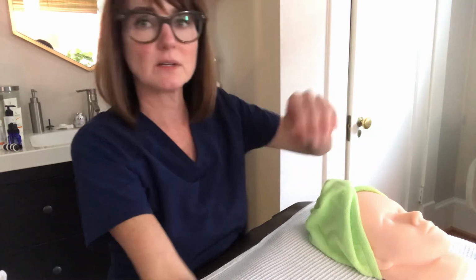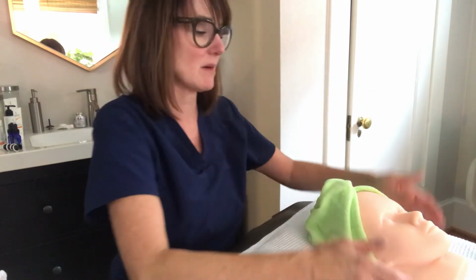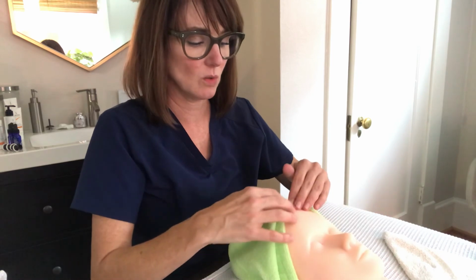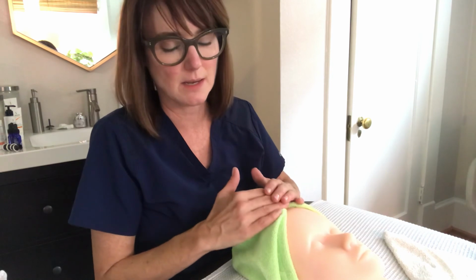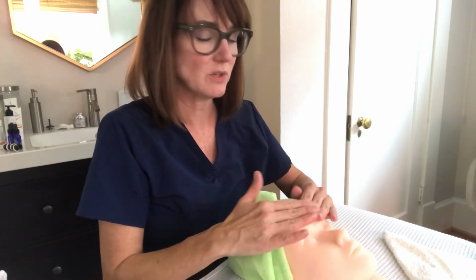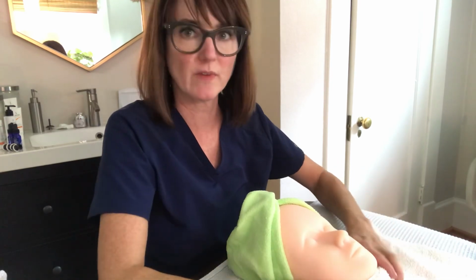If the client is free from all of those contraindications, we will then be able to perform the service, which my client is. So I am going to now get the client ready before I wash my hands. So for this particular service, the client does not need to disrobe. We would just simply take them to the bed to lay down, and then we'll use something to take the hair back, be it a headband, a hairnet, both, whatever you need so that the hair's out of the way of the eyes. And then we're going to place a drape or cape over them to cover their clothes because we don't want any eyelash glue